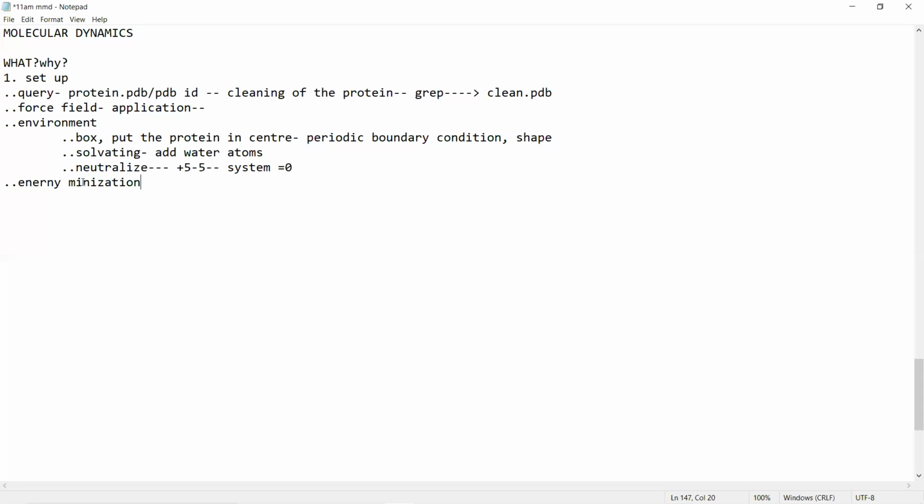So what does this energy minimization basically do? Geometrical correction. When it performs the geometrical corrections, I will inform GROMACS that you can perform 5,000 or 50,000 steps.